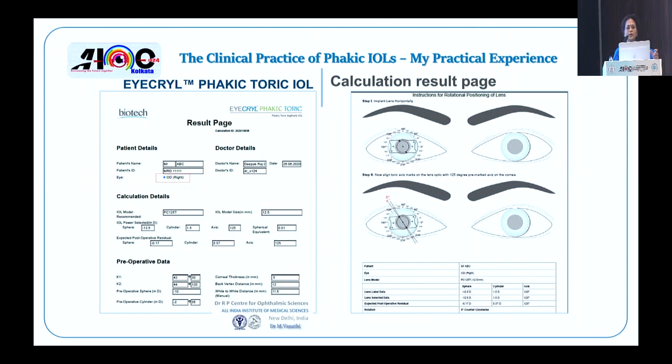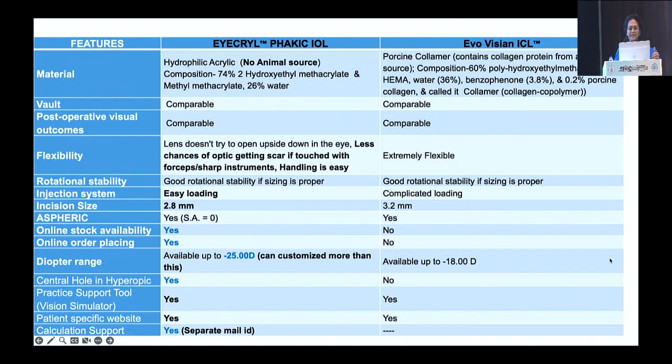And if you are having your optometrists and your residents working, this needs to be absolutely accurate, and you need to look at your calculation sheets if you want to pick up any abnormality. So you can place your lenses horizontally this way, and the axis is marked, and the one which is most suitable to the eye being operated is being dispensed to you, and that helps you to have minimal rotation when you're placing these